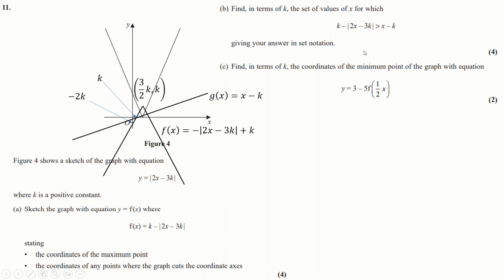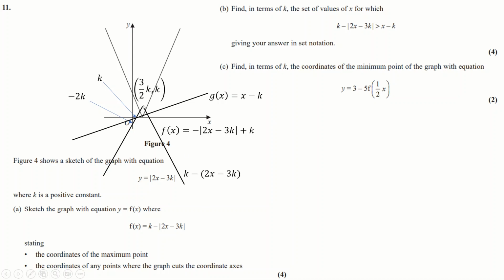Now all we need to do, this is really asking when is our mod graph here higher up than the line here? And it's going to be higher up between k and this value here, and I just need this value here. Now again, you could just set these two things equal to each other and find the intersection, but actually what